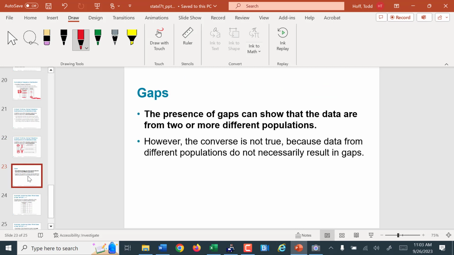Gaps in the data would tell us that it's not a normal distribution. Also, gaps in the data tell us we might actually be drawing data from two different data sets, or two different populations or subgroups of the population, and trying to combine them together. So if we see this, we need to stop and figure out why there are gaps in the data, or if there's two humps in the data, two spots where the frequency gets large but they're not right together. We might be drawing from